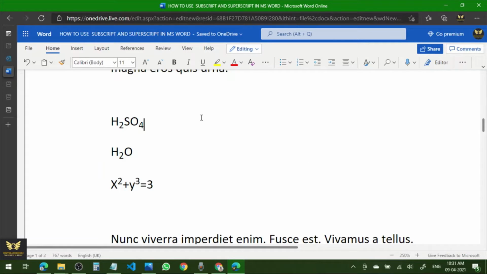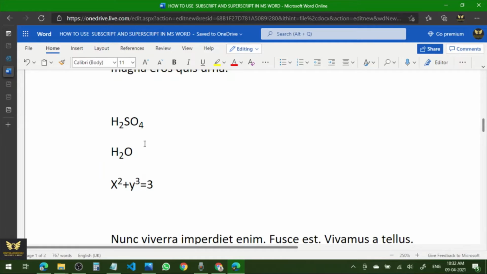Subscript means this H2, which is at the bottom from the normal word text. Similarly 4, 2 and 4, we call it subscript. Whereas this 2 and 3, x square 2 plus y cube, this is superscript, right? Sub means below, this is up. So how to do this?